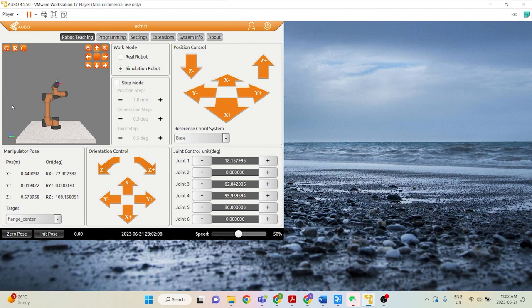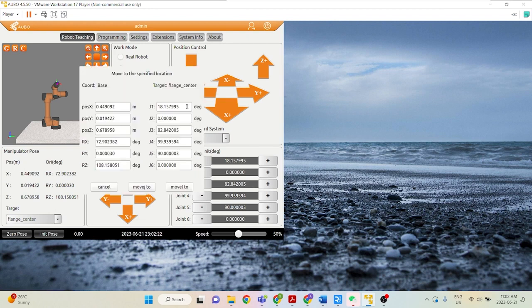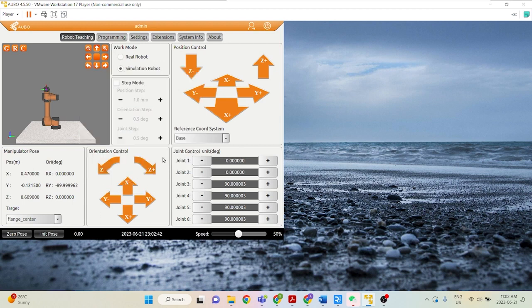And let's say we want the plane to be on the plane of this view. So let's go ahead and set the angles of our joints first. One simple trick to set the angles of your joints: you can just double click on this panel here. And let's just say we want to set joint 1 to 0, joint 2 to 0, joint 3 to 90, joint 4 to 90, and joint 6 to 90 as well. There we go. So now that we're on this plane,